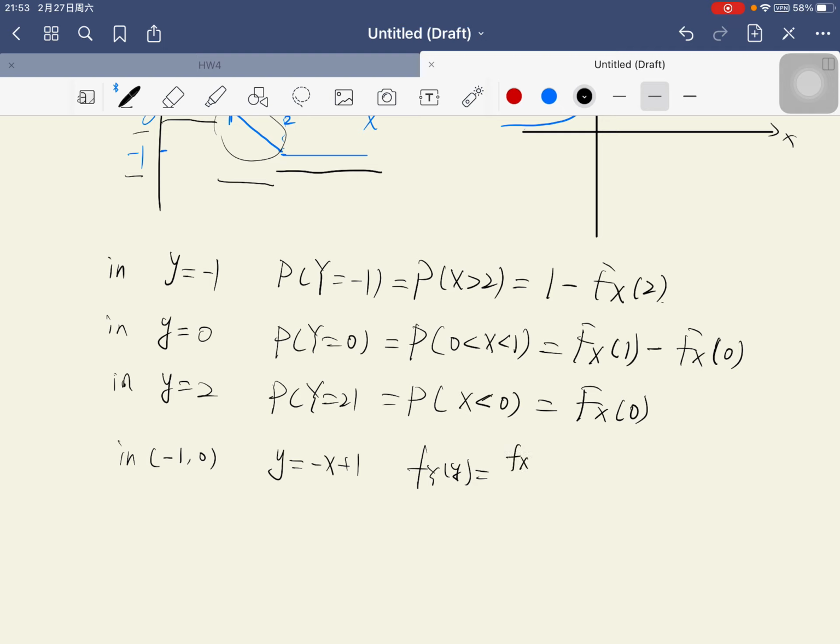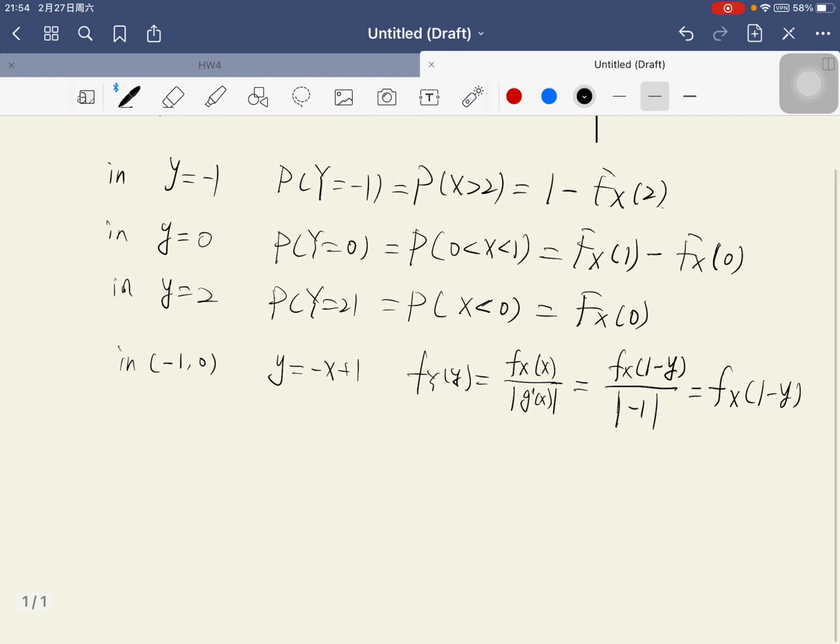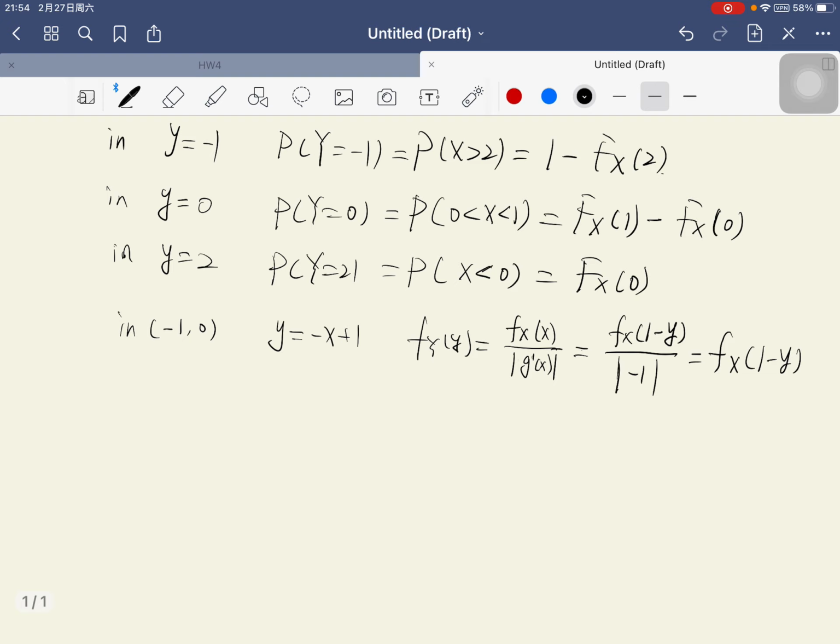It is equal to the density function of x at the value 1 minus y, over the absolute value of -1, so it is equal to the density function of x at the value 1 minus y. So we summarize this, we could